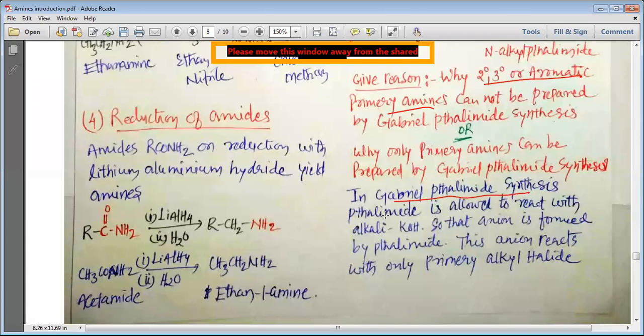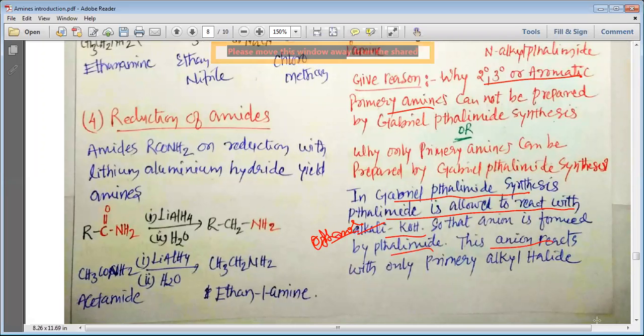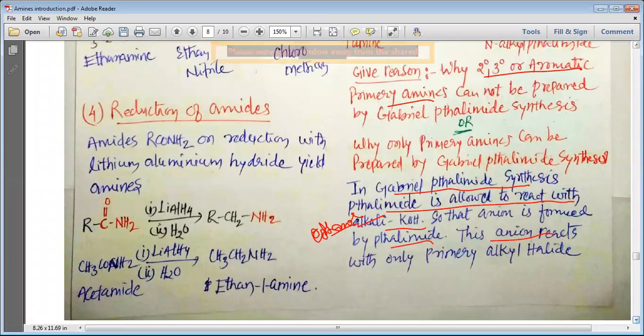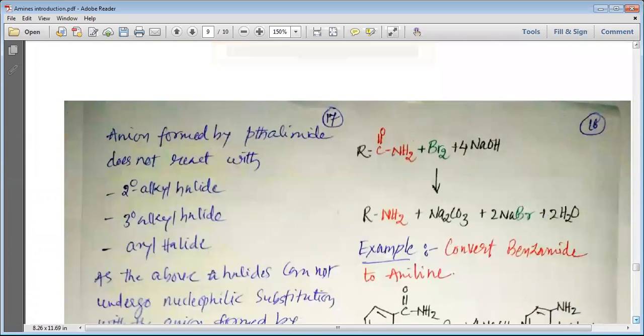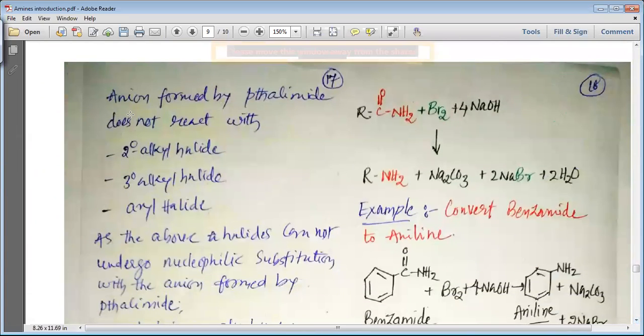In Gabriel-phthalimide synthesis, phthalimide is allowed to react with ethanolic KOH, so that an anion is formed by the phthalimide. This anion reacts with only primary alkyl halide, and it does not react with the secondary or tertiary alkyl halide